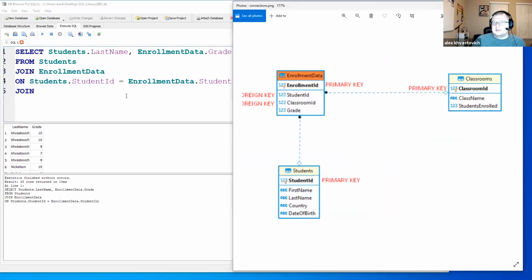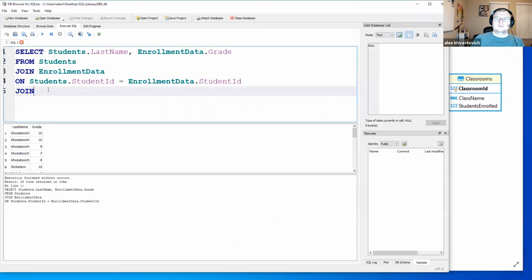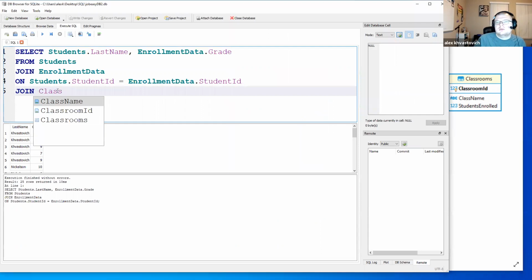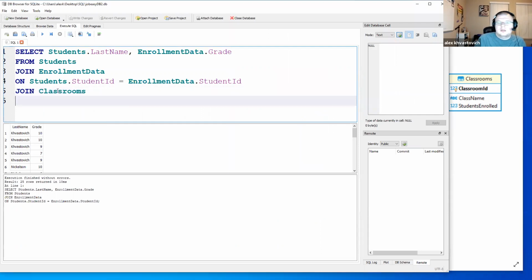and help me with the table name. What is the table I'm joining here? Right, it's classrooms right here. It's in the diagram, you can see it. So I'm joining classrooms and I have to provide what I'm joining on. So I'm saying classrooms,